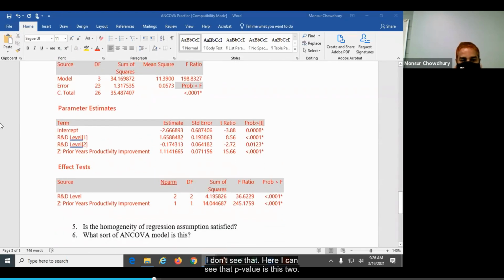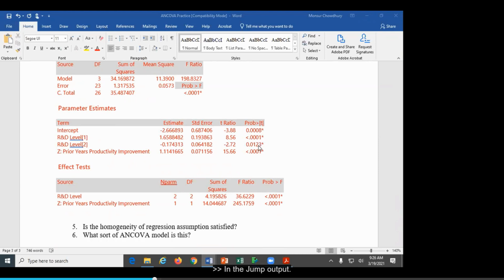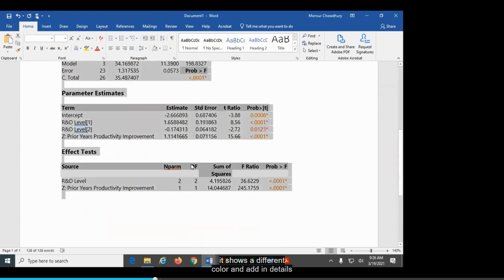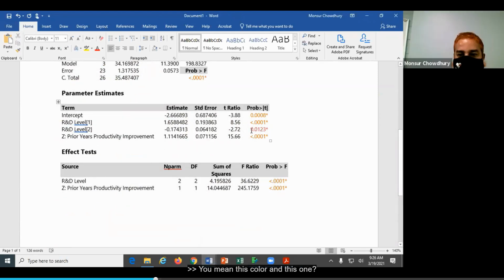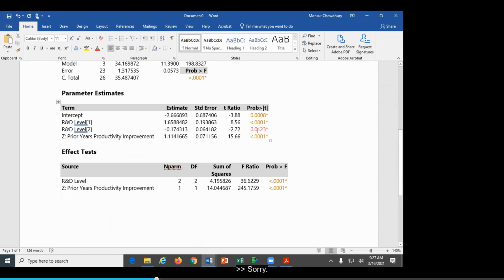I don't see that. Here I can see the p-value is this. Sir, in the JMP output, it shows a different color in the R&D too, if you can see. It's red, I mean, pink. You mean this color and this one? Yeah, that's what I was asking.